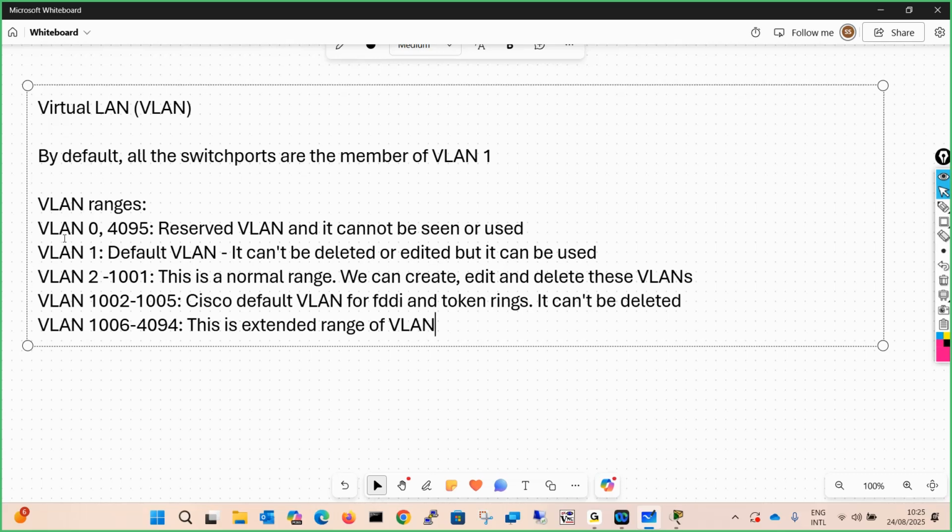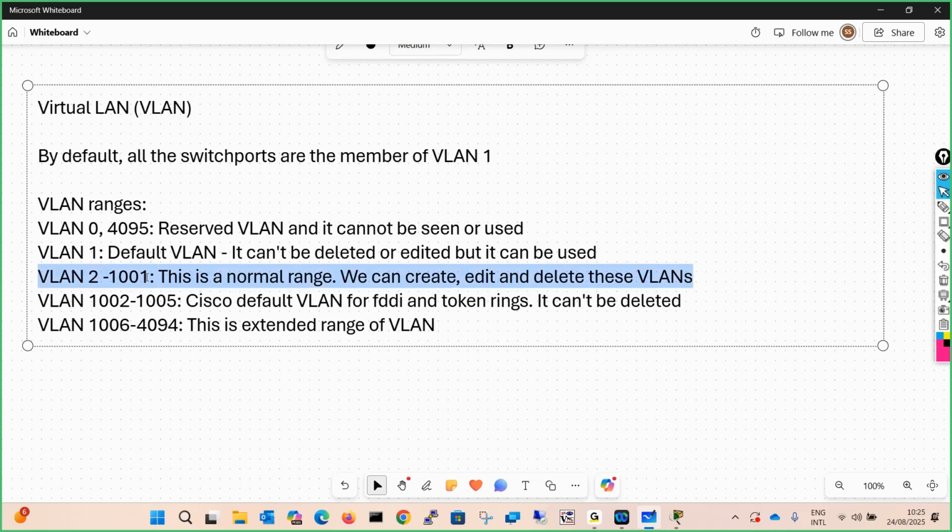Now, the VLAN range is from 0 to 4095, where VLAN 0 and 4095 are the reserved VLANs and cannot be seen on your switches, nor can they be used. VLAN 1 is a default VLAN, so it cannot be deleted or edited, but it can be used if required.